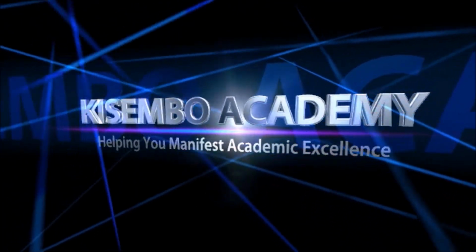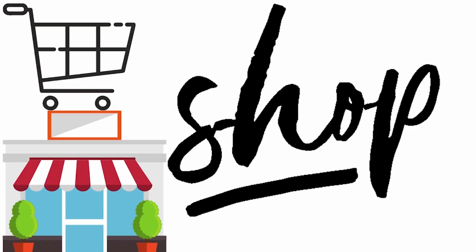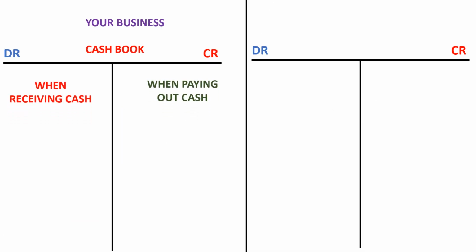Classification of items for accounting depends on the kind of business you're running. If you are the businessman running a merchandise shop, cash is an asset. So when you get this cash from sales, you'll debit the cash account and credit the cash account when you're paying out cash. However, if you look at it from the perspective of the bank, when the bank receives money